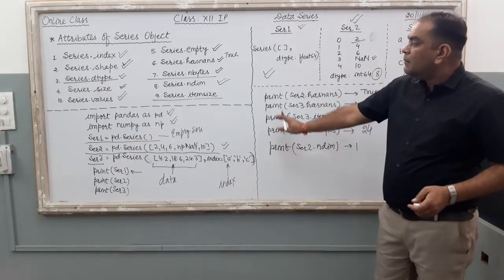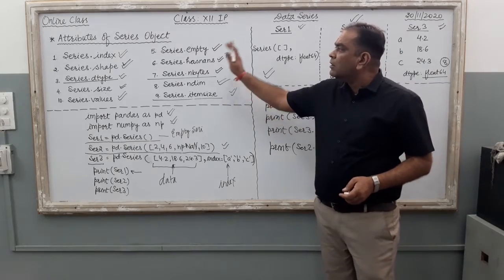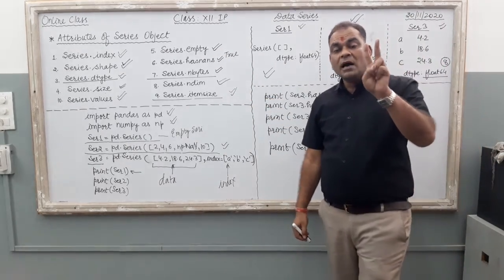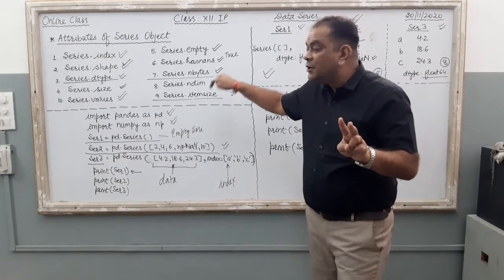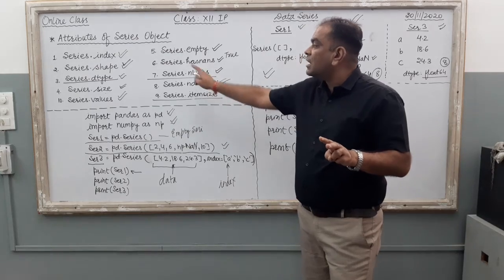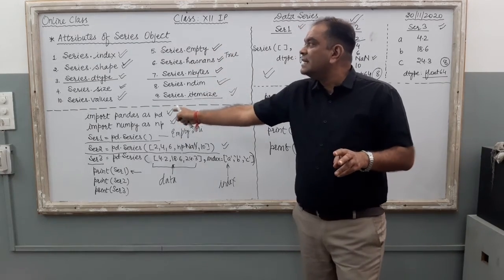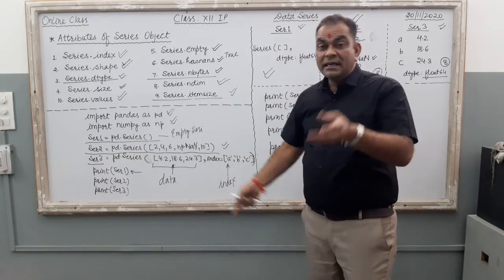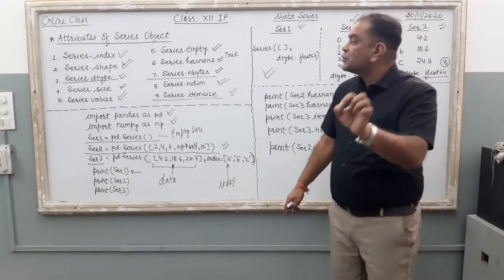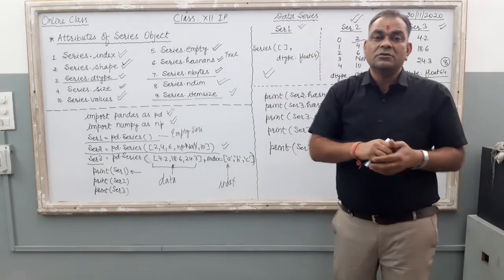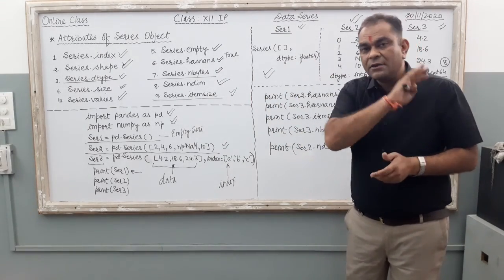Right? So by this we have covered all the attributes of the series, and I am telling you, students, 2 marks are reserved for this video lecture only. Any one question out of these 10 series attributes may be there in the question paper. Just keep in mind. Yes, I am going to post short notes also related to the series object and its attributes. Thank you. Thank you very much.